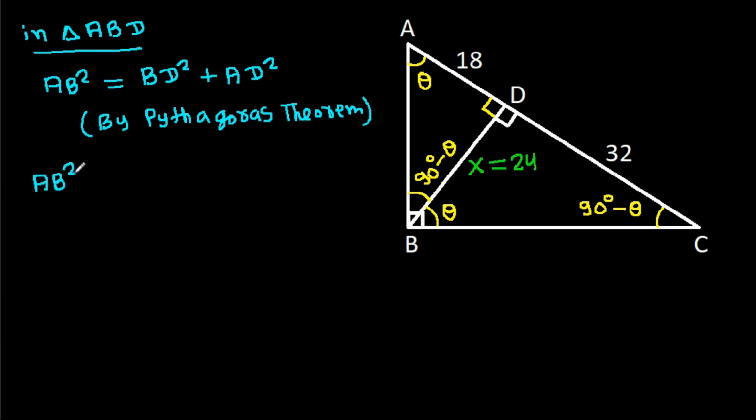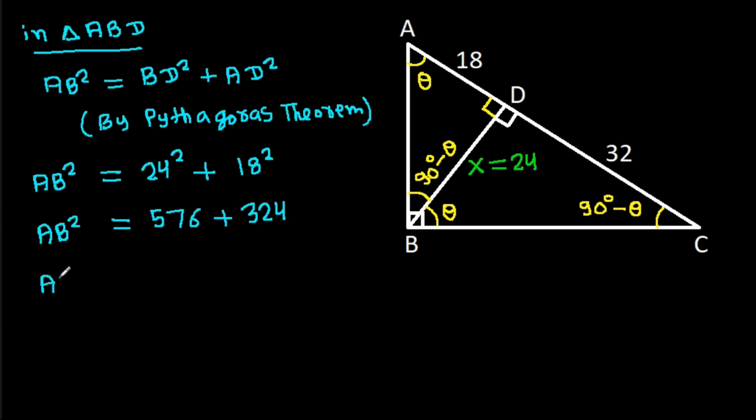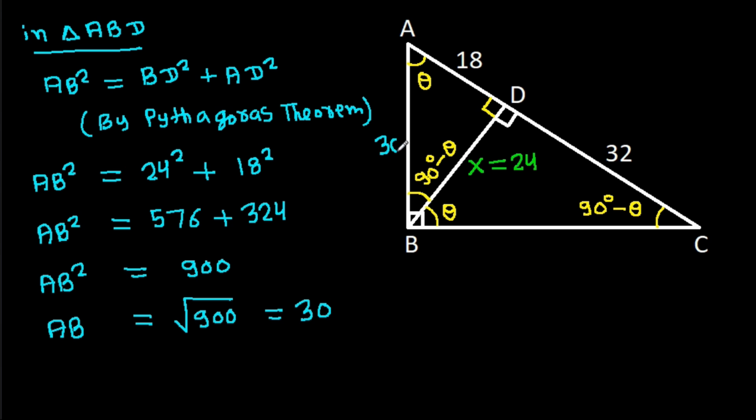So AB square, it will be equal to BD is 24 square plus AD is 18 square, and AB square, it is equal to 576 plus 324, and AB square, it is 900. So AB, it will be equal to a square root of 900, that will be 30. So AB is 30,